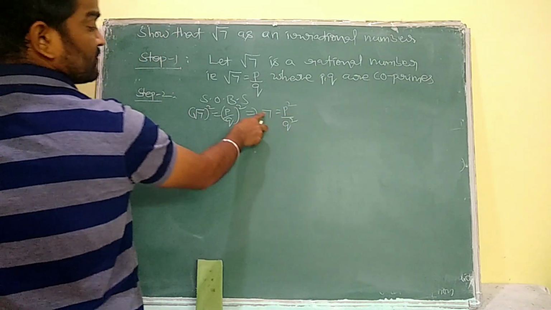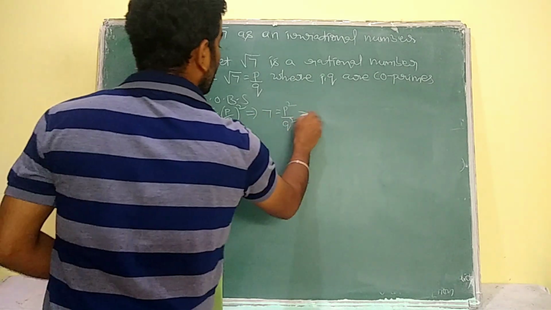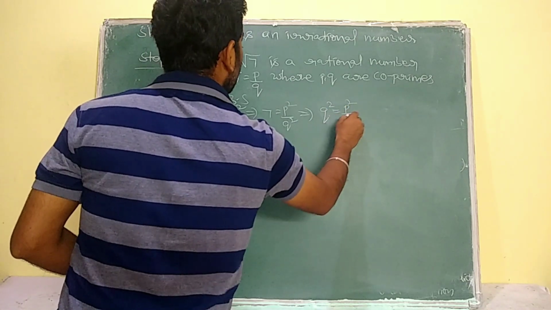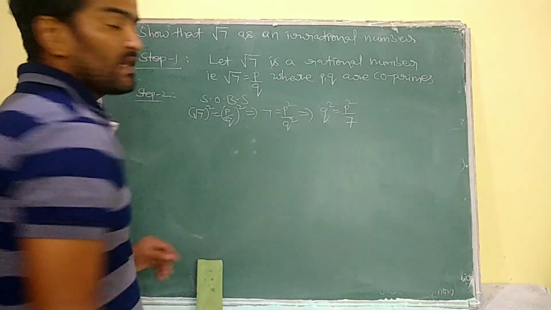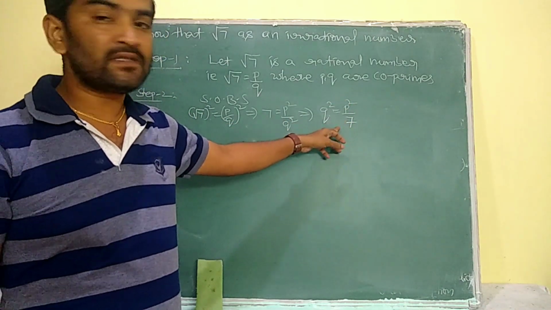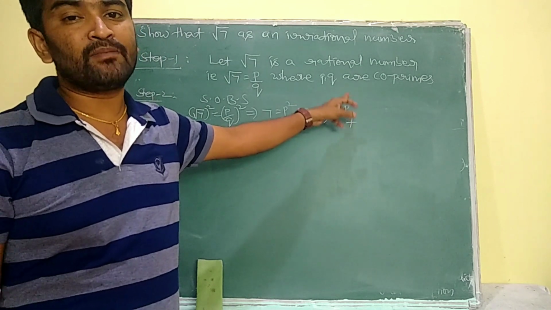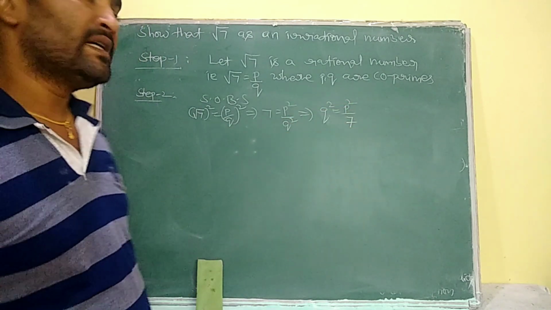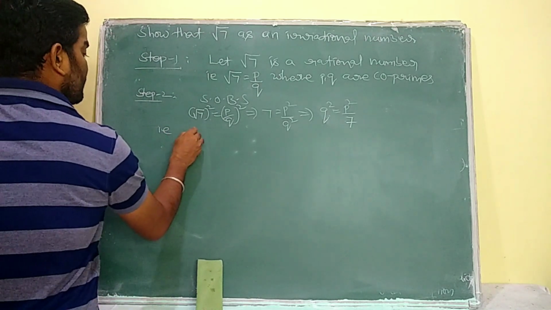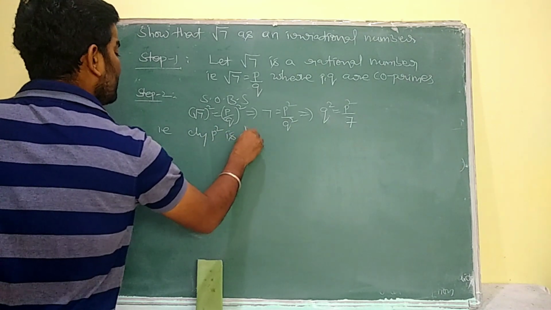Just transfer this q square to the left side and transfer this 7 to the denominator. Then q square is equal to p square by 7. Here see, this p square is a square number and 7 is a prime. That means the square number is divisible by the prime 7. So that number is also divisible by the prime 7. That is theorem 1.6. Now that is clearly p square is divisible by